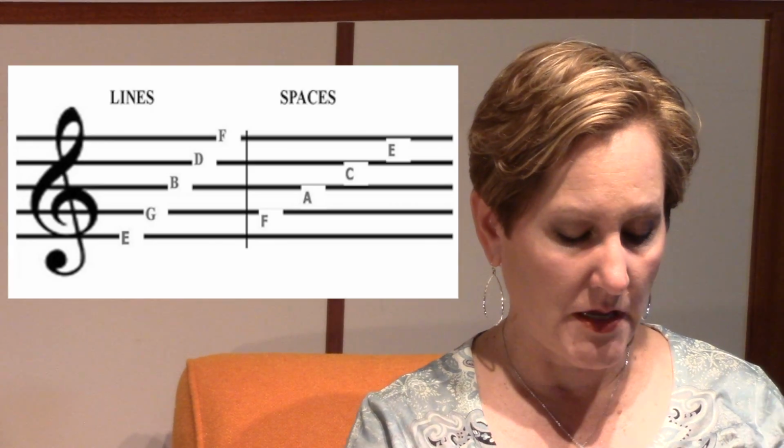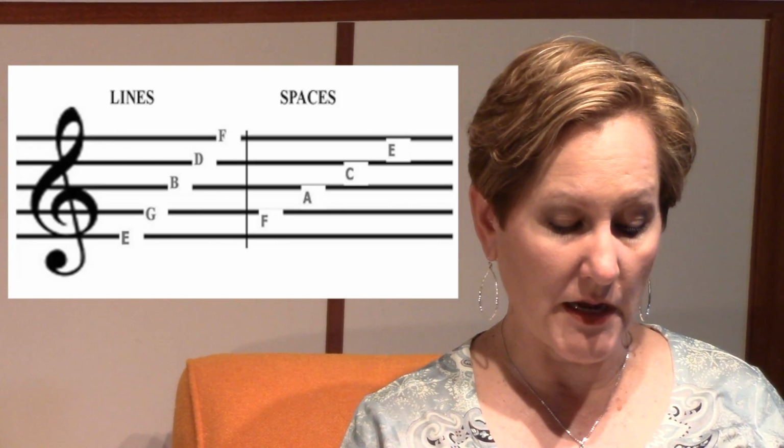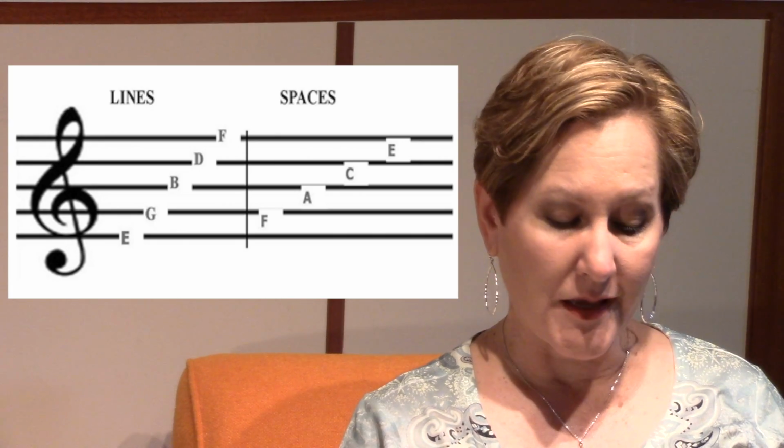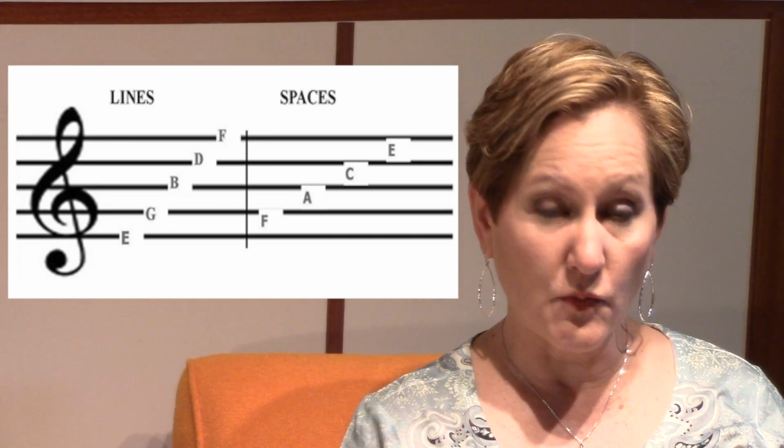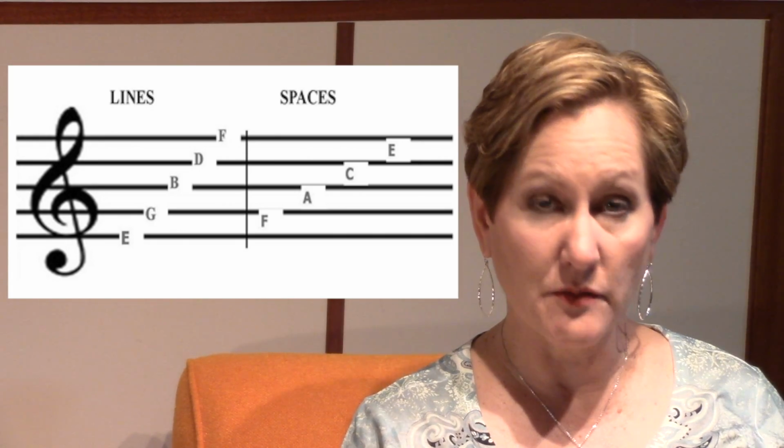The next thing you need to know how to recognize is a treble clef. It looks like this. Another symbol you need to recognize is the bass clef. It looks like this. Then we have the staff. The staff is the 5 lines and the 4 spaces between them on which music notes and other symbols are